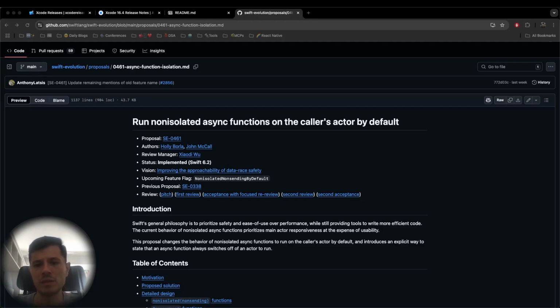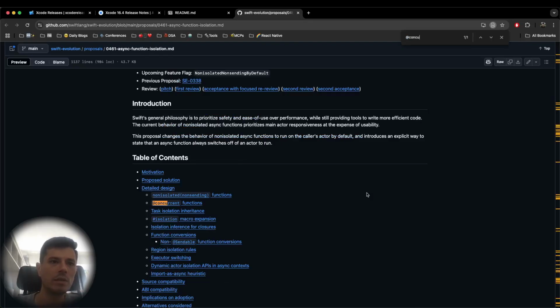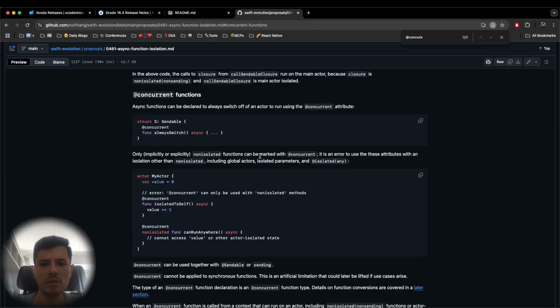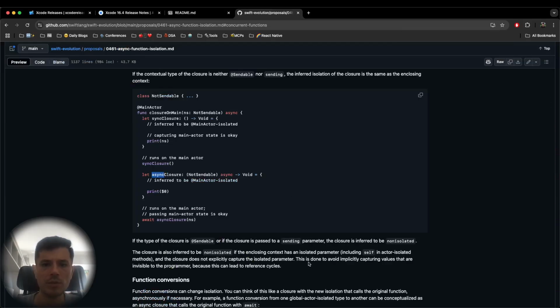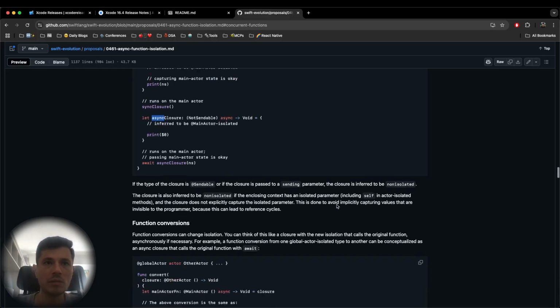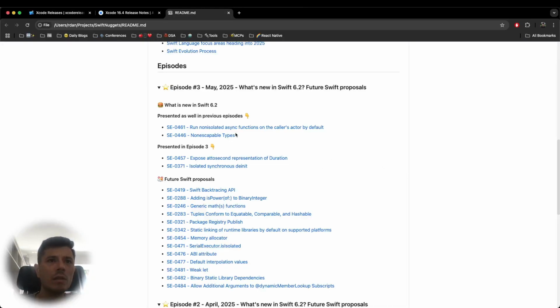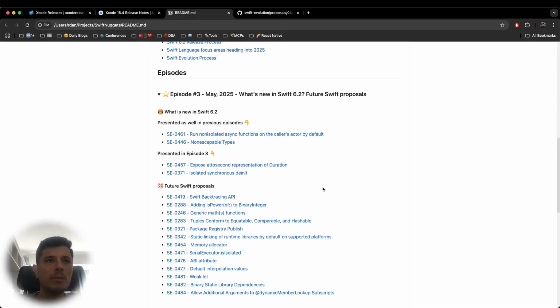we now have the nonisolated async functions inherit their caller's actor isolation, introducing new attributes such as @concurrent, if I'm not mistaken. Yeah, @concurrent. You need to mark this for explicit concurrent execution when needed. And this change is available through the async caller execution feature flag, dramatically improving the developer experience. Well, this is very cool stuff added to the language, and it makes Swift concurrency a bit simpler for us to adopt. And the second one, we already spoke about, and I want to mention it in this episode as well,